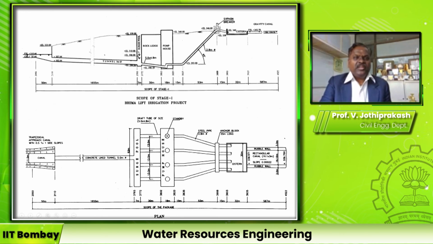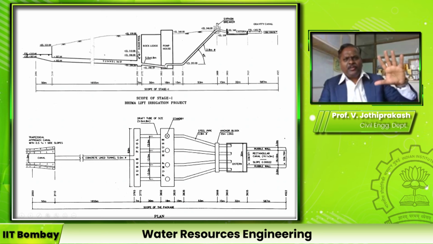The water is flowing in the river at a lower level, this corner, and then this water is led to a small reservoir. Water is led from this small river at a constant level and brought to a small pump house. This pump house has very large capacity pumps, and then the water is pumped from low level to high level and falls in a cistern. From there it goes for irrigation by gravity.